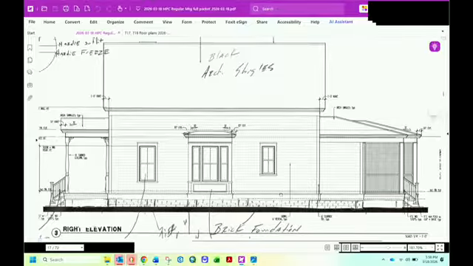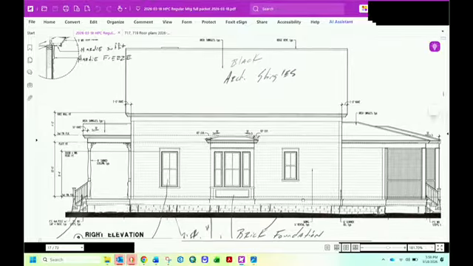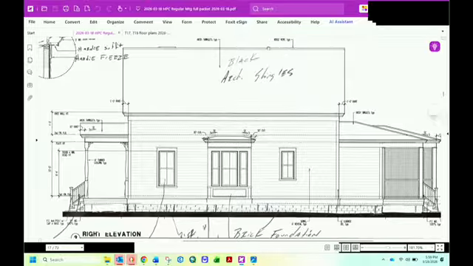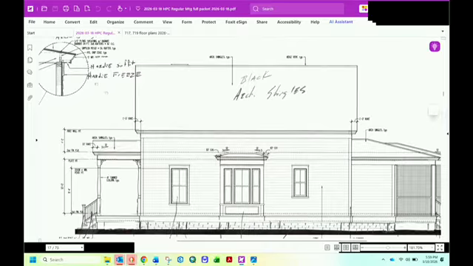All right. So on this side, let's start at the top and work our way down. Architectural shingles that are black color. This has a ridge vent across the top of the ridge. Then as we get down to the soffit, we have the soffit detail we saw up here as well, but with a different angled roof. And then we also have that frieze board across the top.